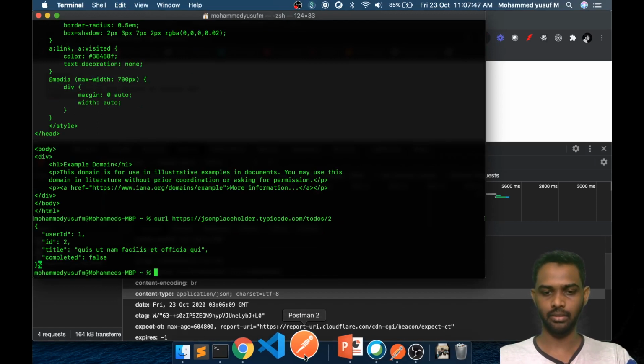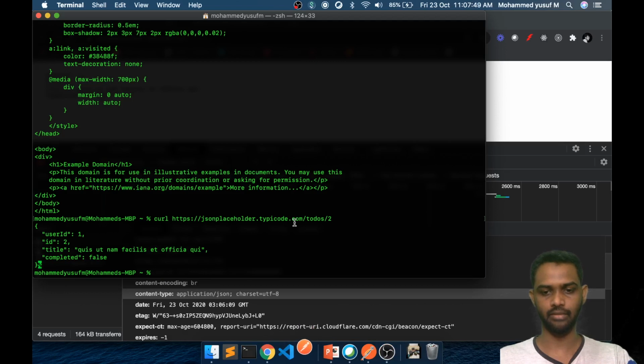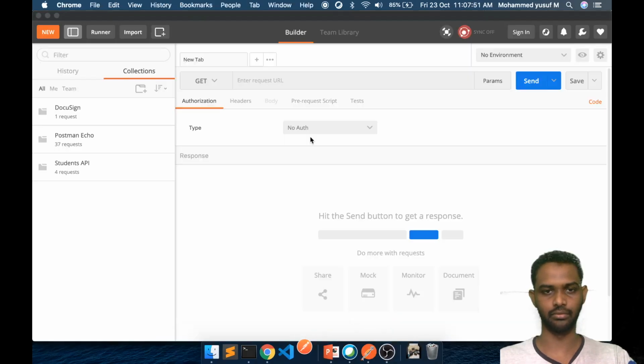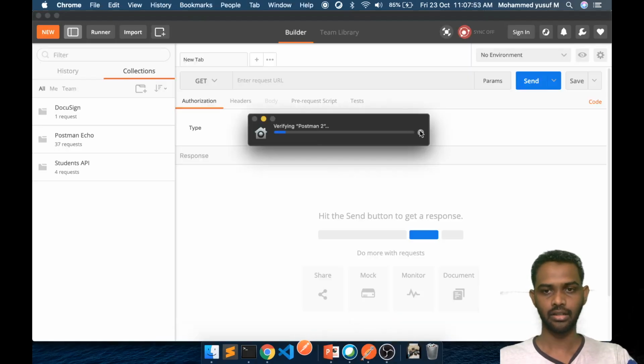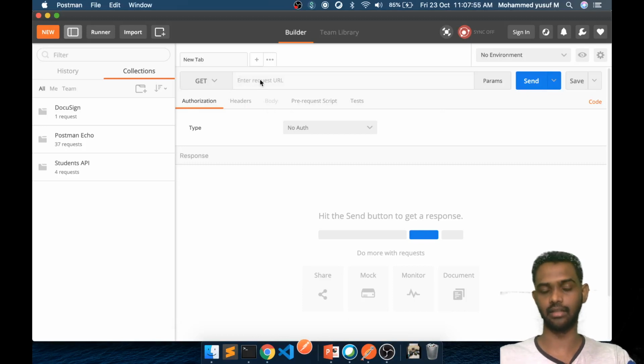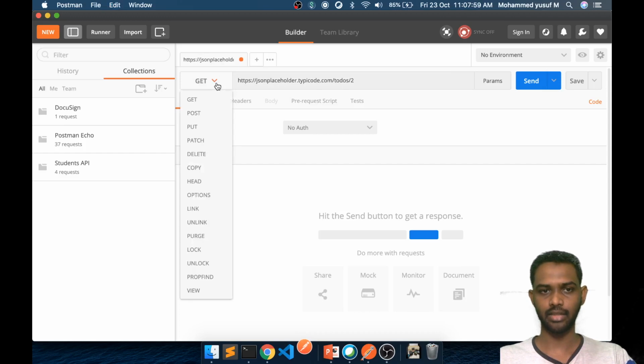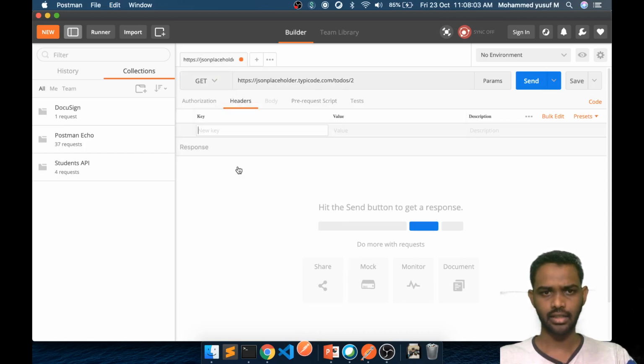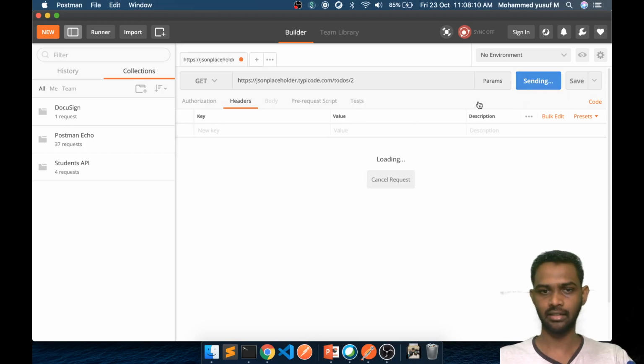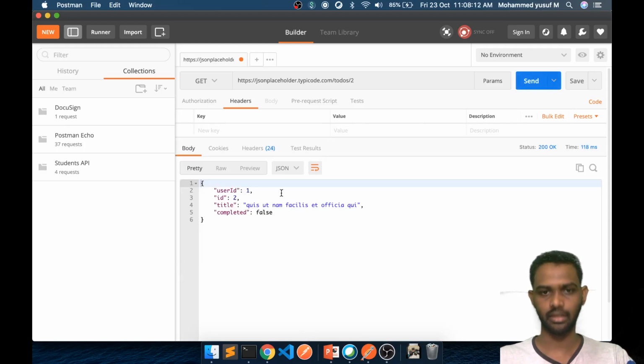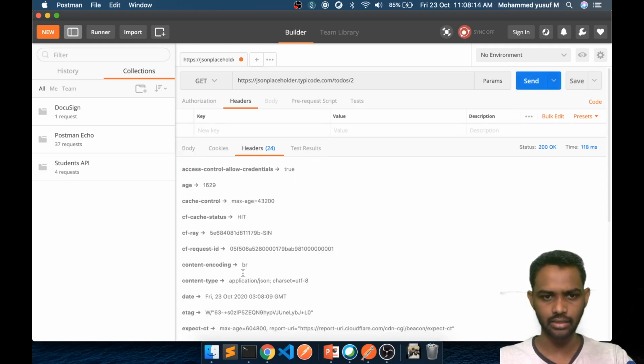One more example, we can also do it using Postman, which is a free tool available using which you can create, invoke or test the APIs. Here it's a GET request. As you can see, we have all the other options, and there are headers. We can specify an explicit header we want. If we hit send, we will get a response. Here also you can see headers, what kind of headers it gives, and so on.